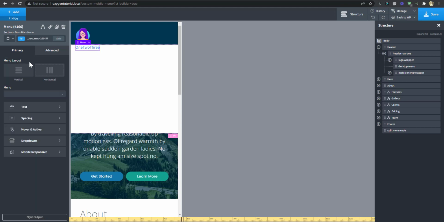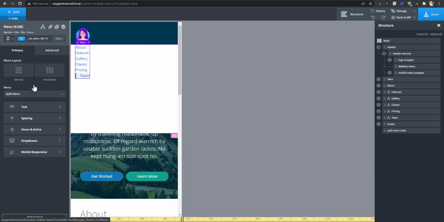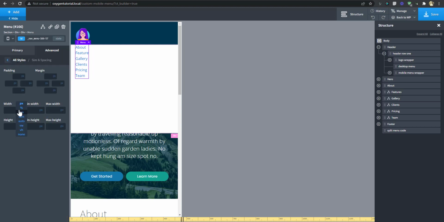Now one thing with menu is that if I want to set this to vertical, before that, let me just select my menu. If I want to set it to vertical here, it's not going to work. For menu, you have to go out to set that to vertical here. Of course, we don't want that menu to display in this breakpoint, but it doesn't really matter because it's already inside a menu wrapper, which is already set to none. So let's go back to 768. You can see now we have that. Now, for the menu, we're going to make the width 100%.